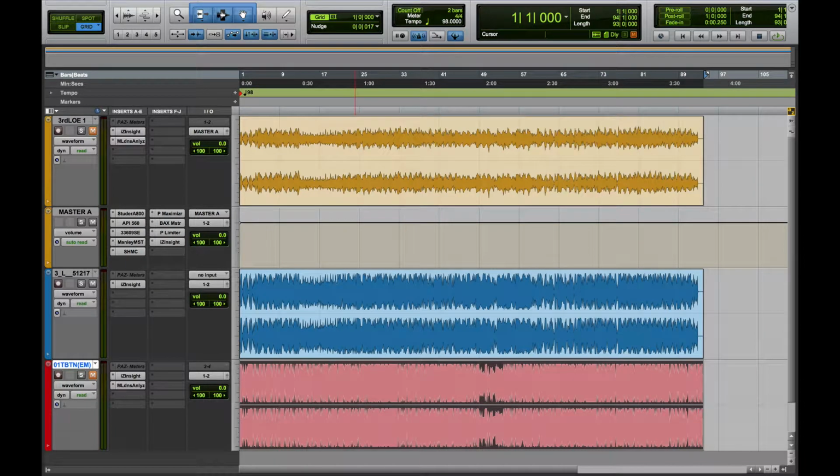Okay, so I'm going to walk you through these plugins that are on this mastering chain and what exactly I did to master this, and what it sounds like before and after. But before I get into that, I want to make sure that we're very clear about what